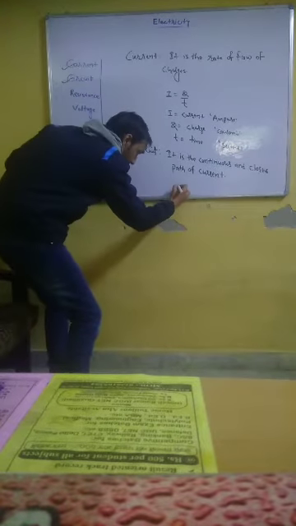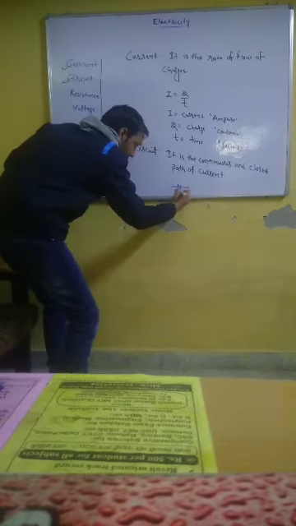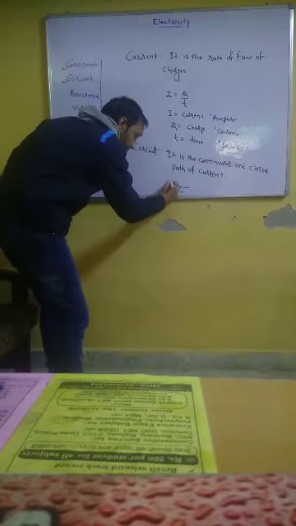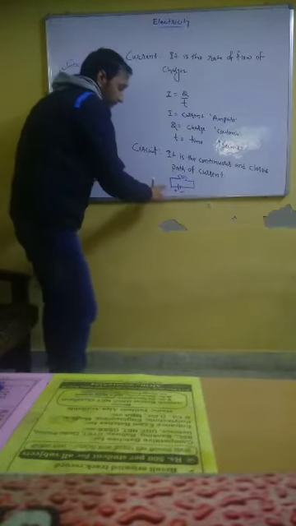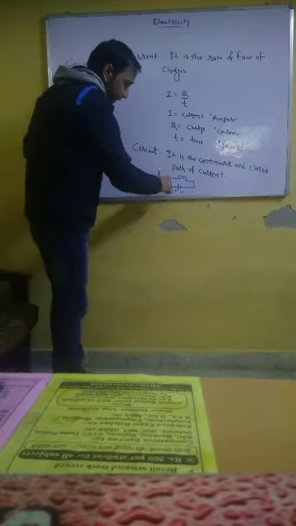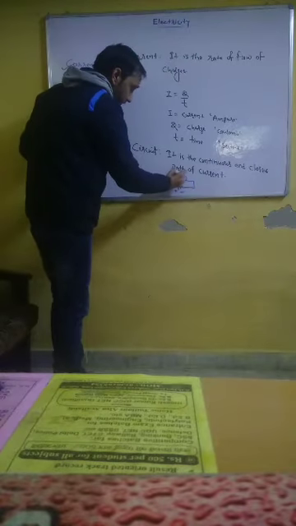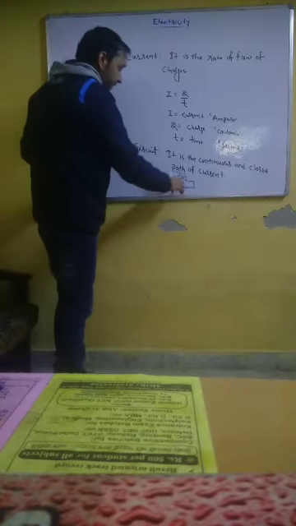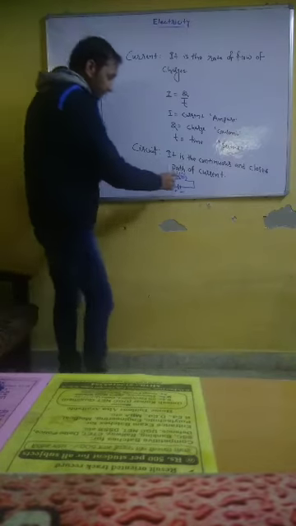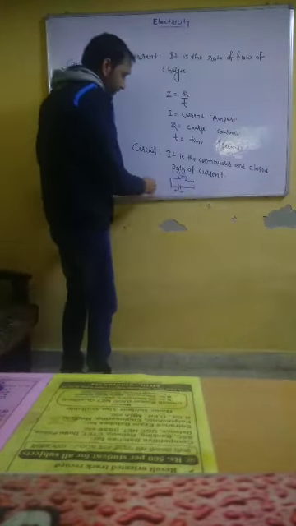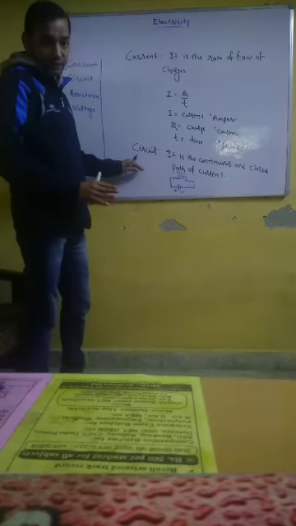Suppose we have a setup in which there is a battery with positive terminal and negative terminal, wire and a bulb. Whenever the wire is completely connected, the bulb will glow and this setup will be termed as circuit. Whenever there is any breakdown, it will not be considered as a circuit.